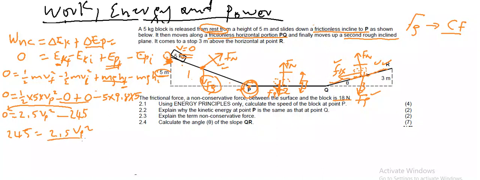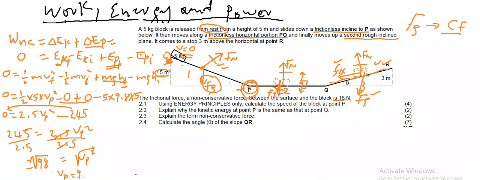Vp squared. Then we divide by 2,5 on both sides, then Vp squared, velocity at P squared, is equal to 98. Then we put a square root on both sides, then the speed or the velocity at P is equal to, then we calculate, it is 9,89